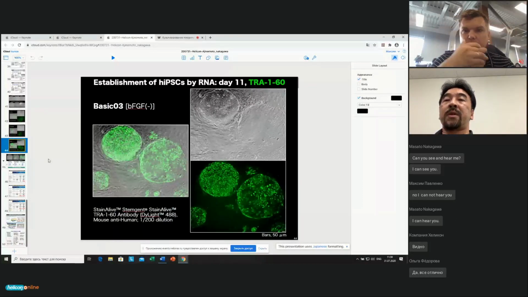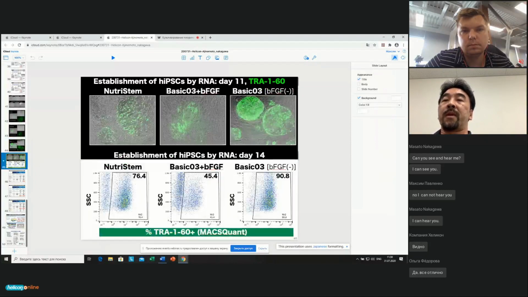This is a result of the basic 03 without basic FGF. As you can see, a very beautiful iPS colony, the iPS colony stained with Tra-1-60. Next slide, please. We collected these cells and